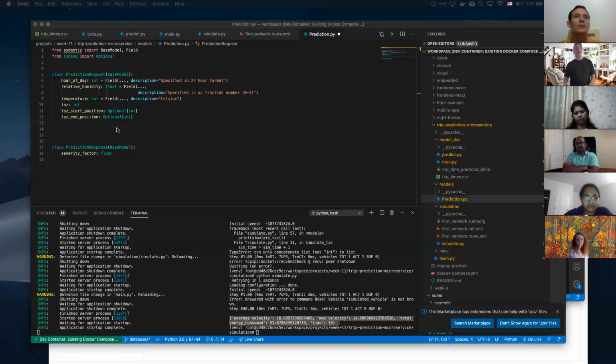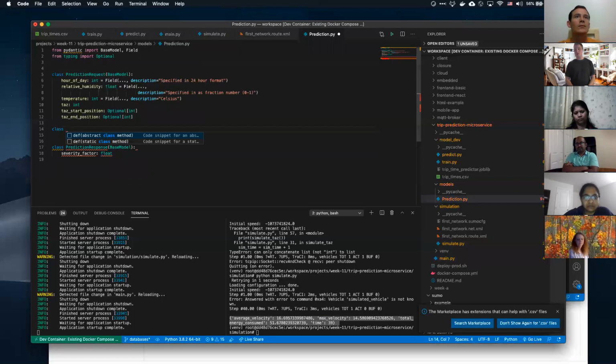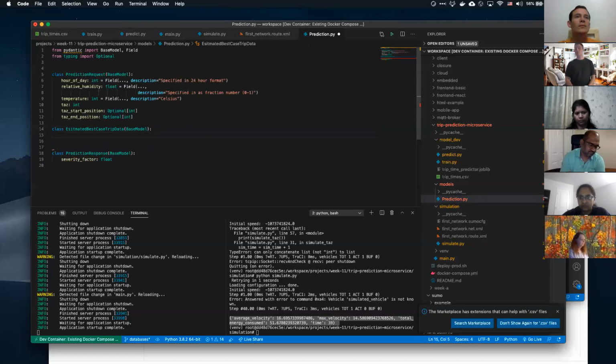So let's do an object of estimated best case trip data, inherit from base model, and we'll just do average velocity of float.